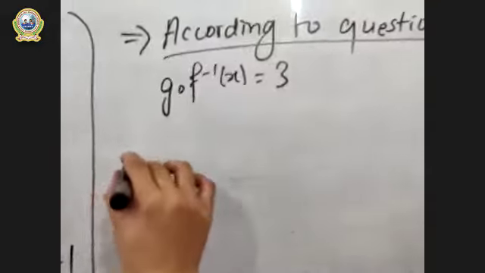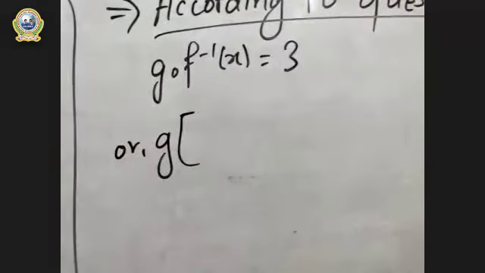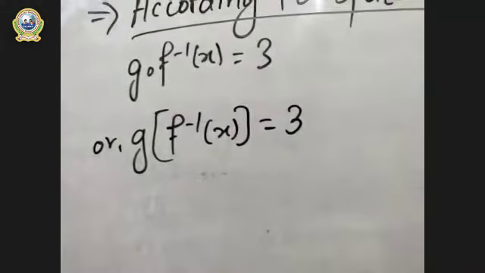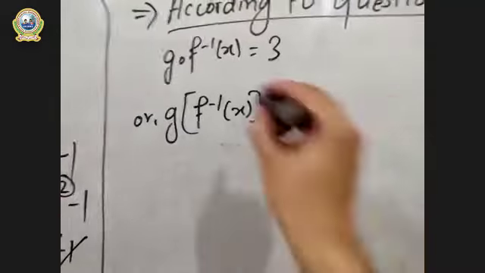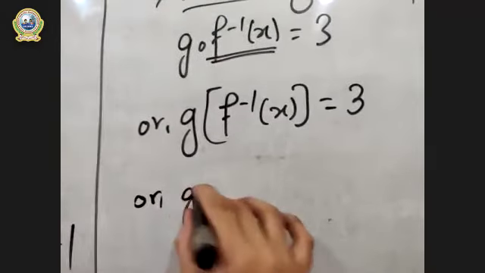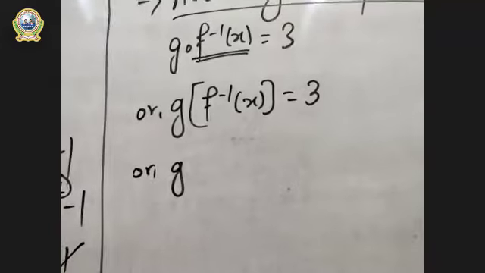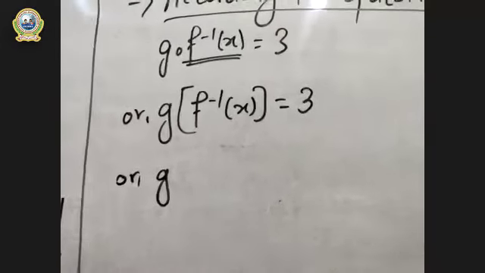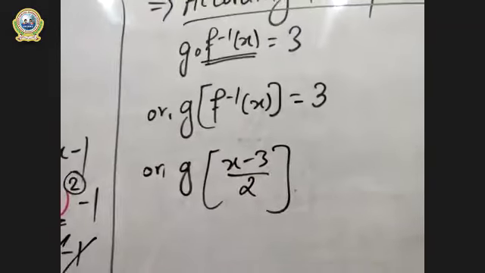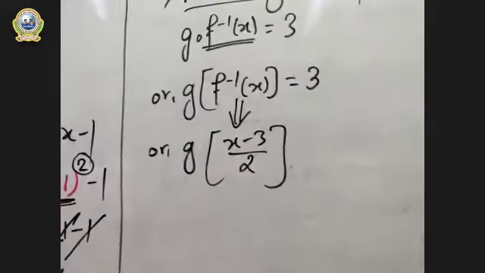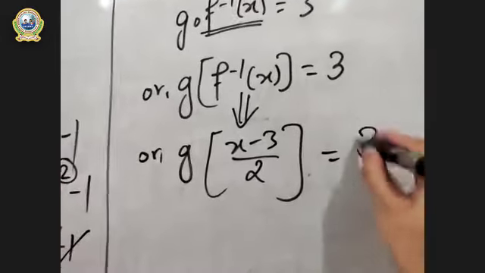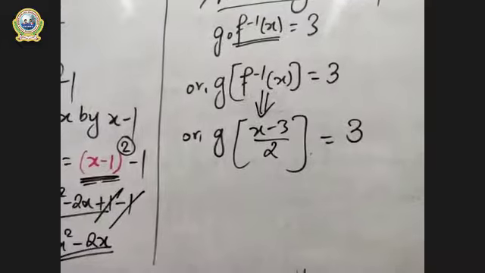Now use our formula, z is as it is, and the right part must be kept in our big bracket, right? It will be like this. Is this clear? Right part always first. Now, or z is as it is, we had calculated value of f inverse x, right? Do you remember the value? It was x minus 3 by 2. Isn't it so? This is our value of f inverse x. I think we had calculated this in our second arrow, right? And the 3 is as it is. Is this clear?